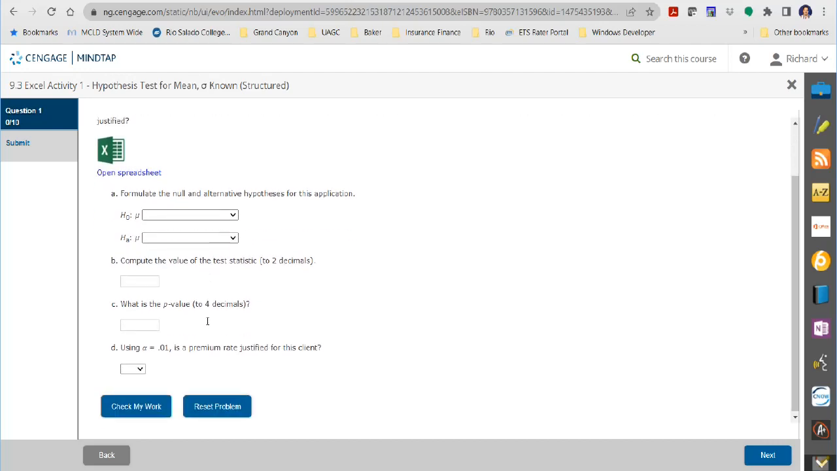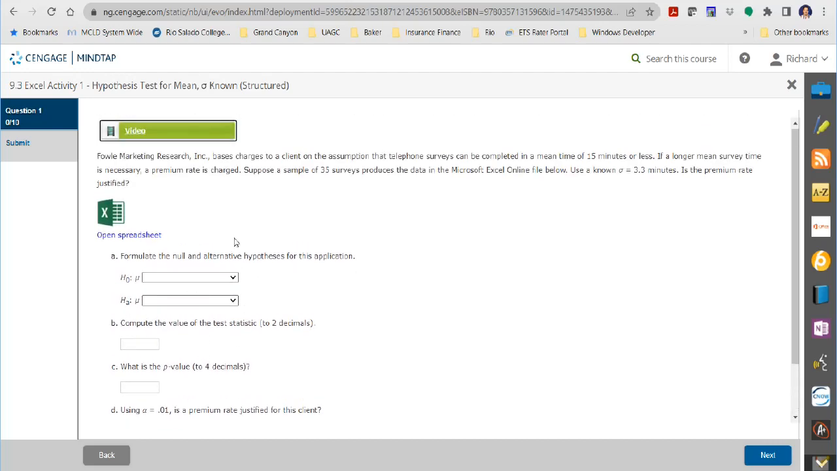So anyway, first we're going to formulate the null and alternative hypotheses. This we don't need the spreadsheet for. It's going to come right from the statement of the problem. So let's read it carefully. The charges to a client on the assumption that telephone surveys can be completed in 15 minutes or less. And if it's longer, a premium rate is charged. So then we're going to have a sample size of 35, and we're going to use a known sigma of